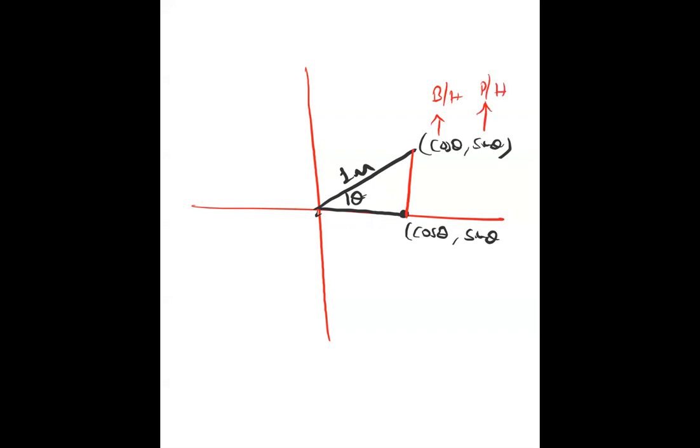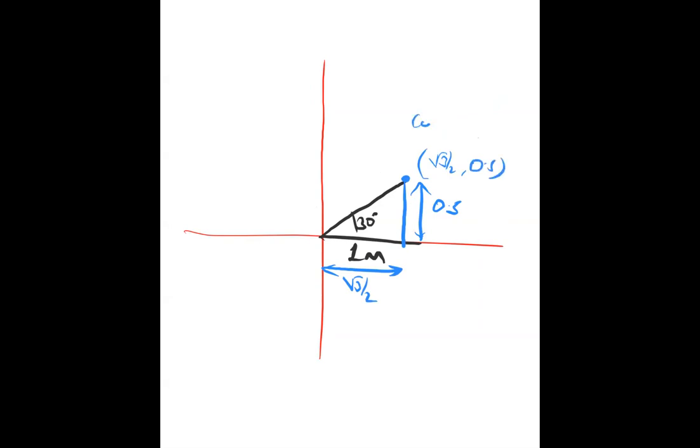If you really take a scale and measure it, you can do it at home also. You can find out yourself. Just take a thread of 1 meter and try to rotate it by a 30-degree angle. Then you draw one vertical line here, and you measure this thing and this thing. The vertical part will come out to be 0.5 and the horizontal part will come out to be root 3 by 2. That's why the x coordinate is root 3 by 2 and the y coordinate is 0.5. Basically, the x coordinate is cos 30 and the y coordinate is sine 30.